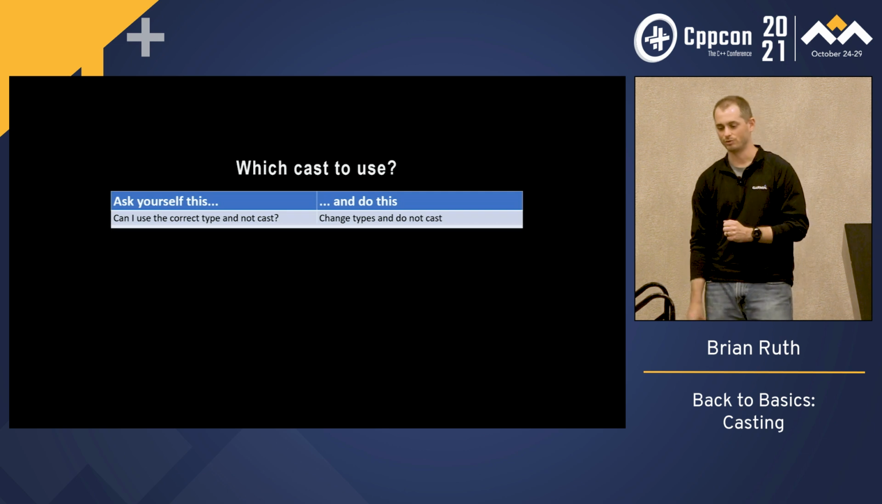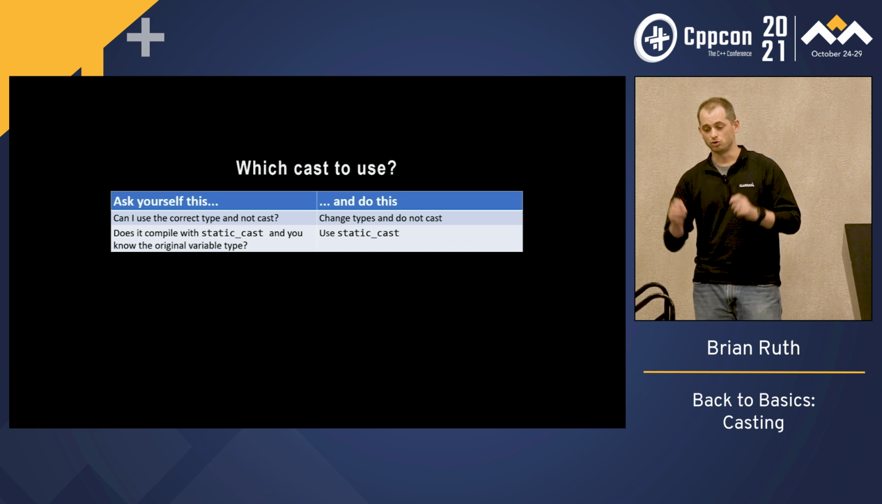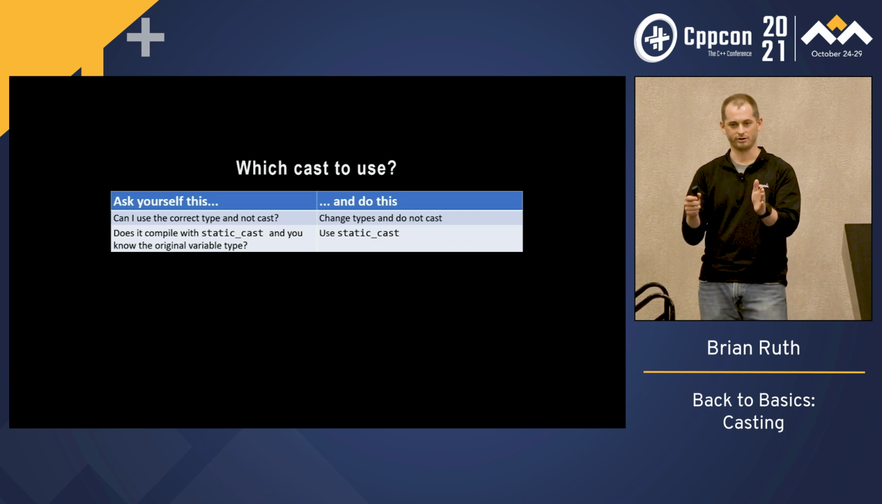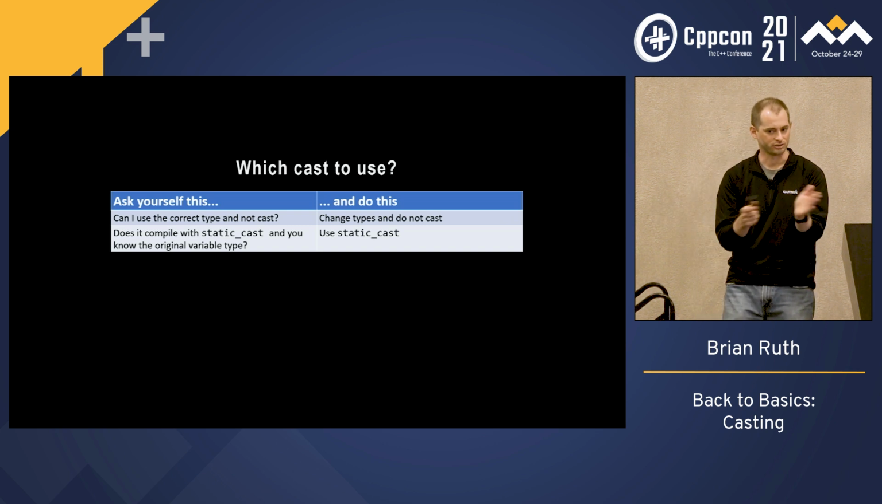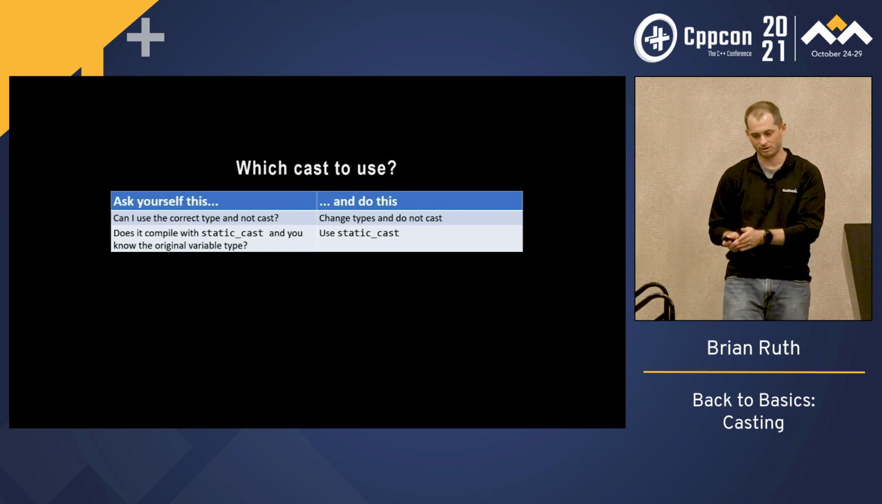So if you can't, reach for static cast. The key with this, though, is that you know the original variable type, because you want to avoid those instances when you're casting up and down a hierarchy and the types don't match, because this will let you do it. So if you don't know what the original type is,